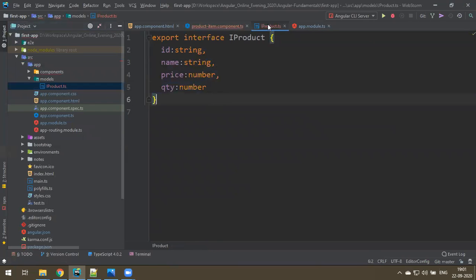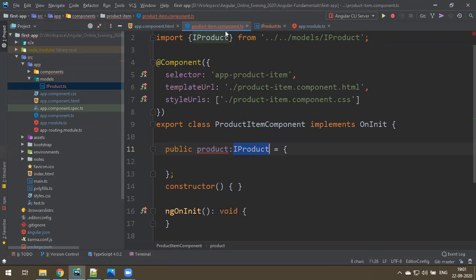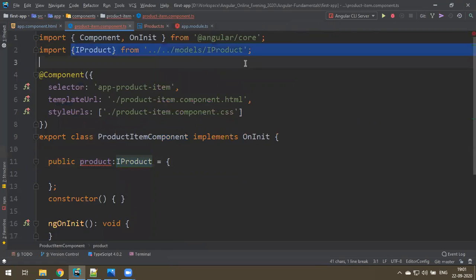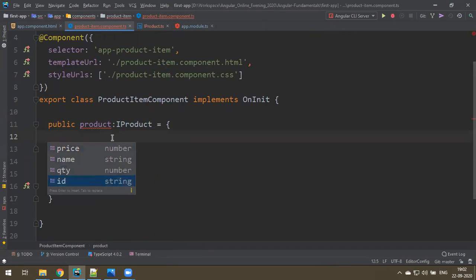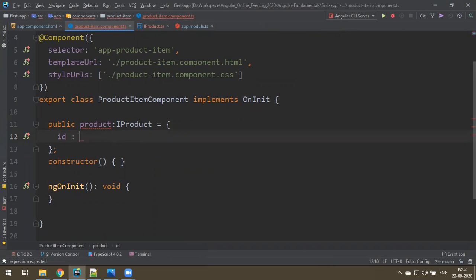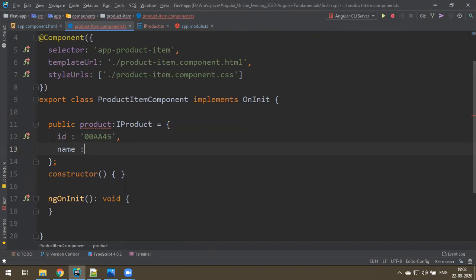In that you can declare the interface. You can use that here. It automatically imports from that location. Okay, so what are all there? Control space, ID. ID is string. So let's make some 00AA45 something. And name something called smart watch. iProduct has been imported.